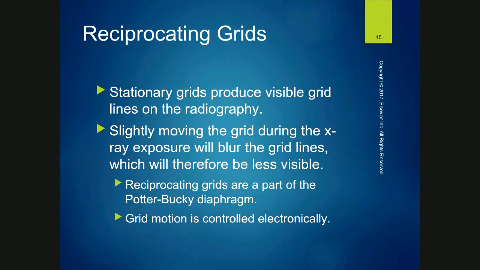Whenever we would take an x-ray, you could actually look at the film and see the really small lines all over the image, and you could look at a film and tell whether or not the x-ray tech had used a grid, because you could see the grid lines. But you guys don't get to see that now. There's software that suppresses the grid lines and all that jazz, so you don't have to worry about that. But back in my day, that was a big deal because the grid lines could obstruct things. So that's why they have the